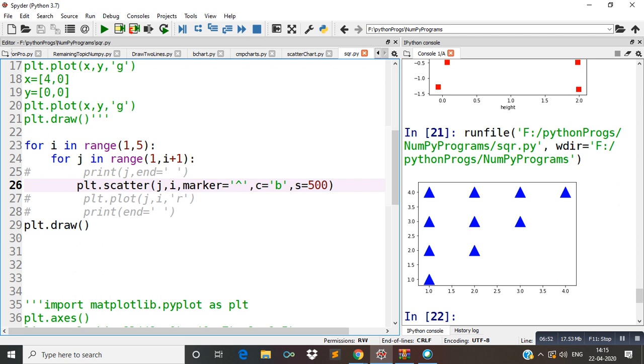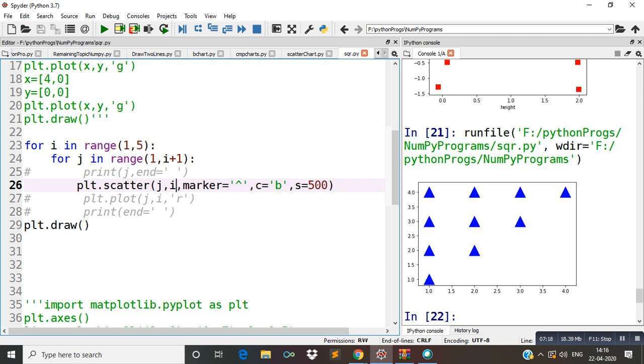So in the second line it will print 1 comma 2 and then 2 comma 2. Similarly, other values will be printed using this programming code.